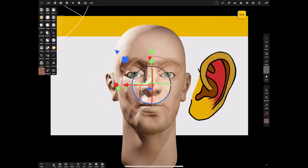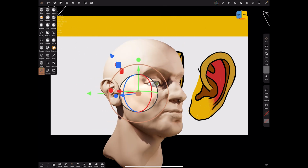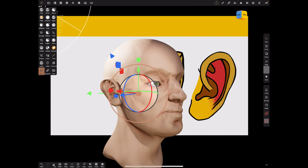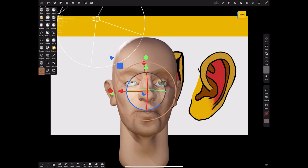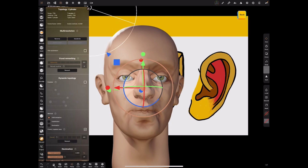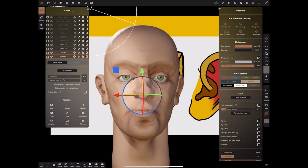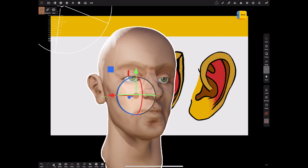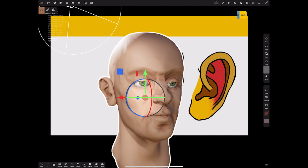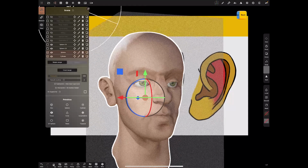So we're looking for form and shape now, and it's looking good. Well, the ear's looking good. And now all we need to do is just weld it in. So we'll take the sphere of the head. Good thing to do at this point is turn on outline, so you know that you've got the ears and the head selected. And we can simply just do a voxel merge and make it quite high this time,